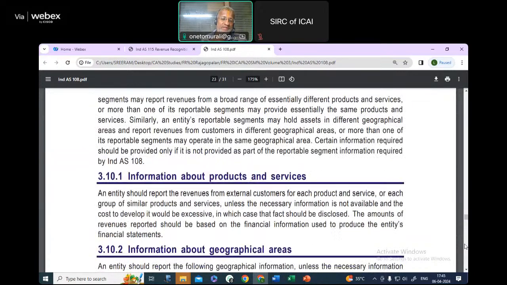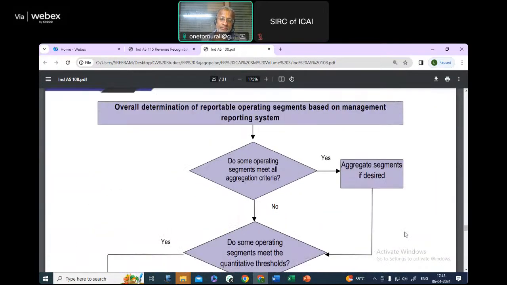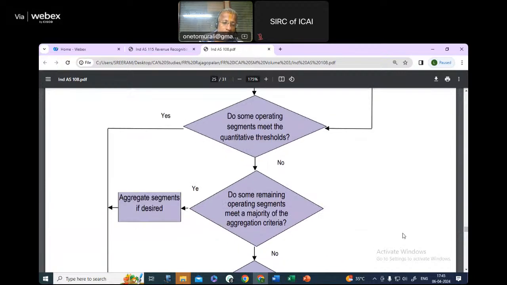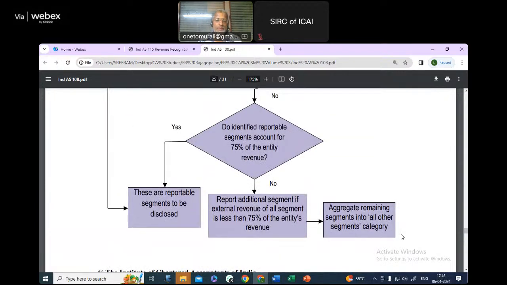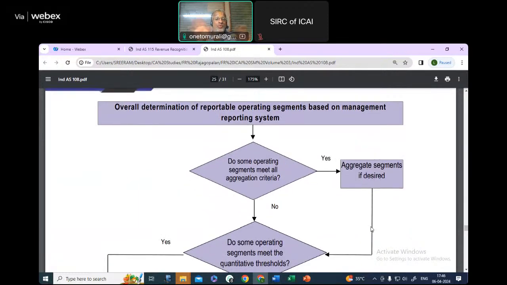How you got to make a presentation that they have shown. So the entire accounting standard has come to an overall discussion here, overall determination of reportable operating segments based